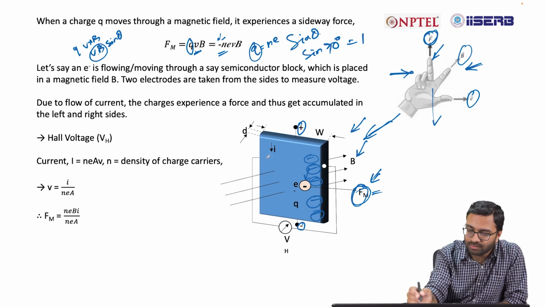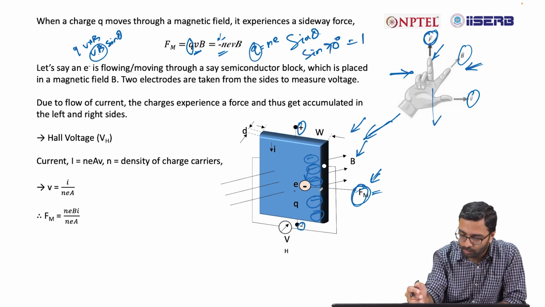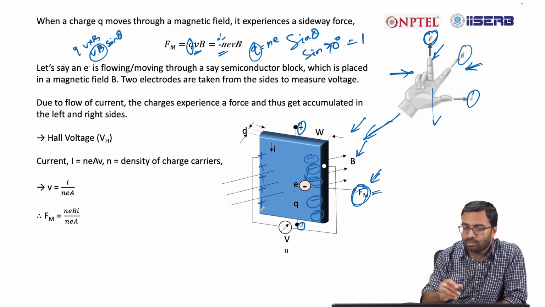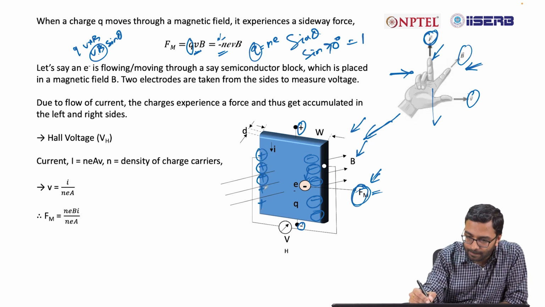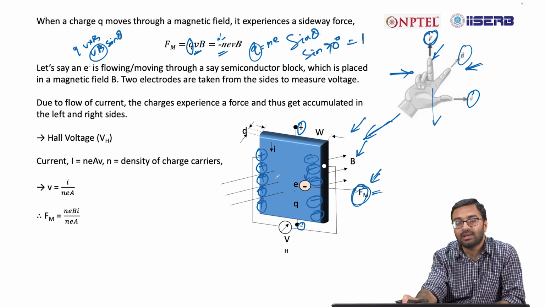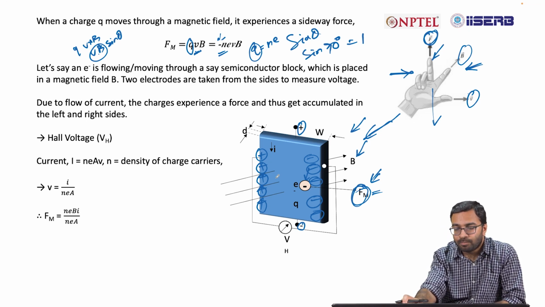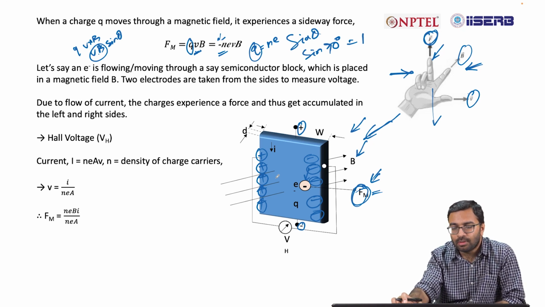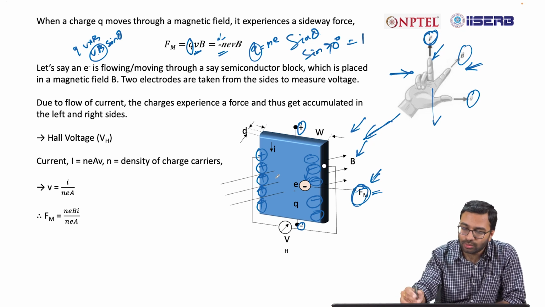Similarly, all positive charges will experience the force in the opposite direction, so you will find accumulation of positive charges on the other side. Now these charges, once they are separated, will create an electric field, and this electric field will create an electric force